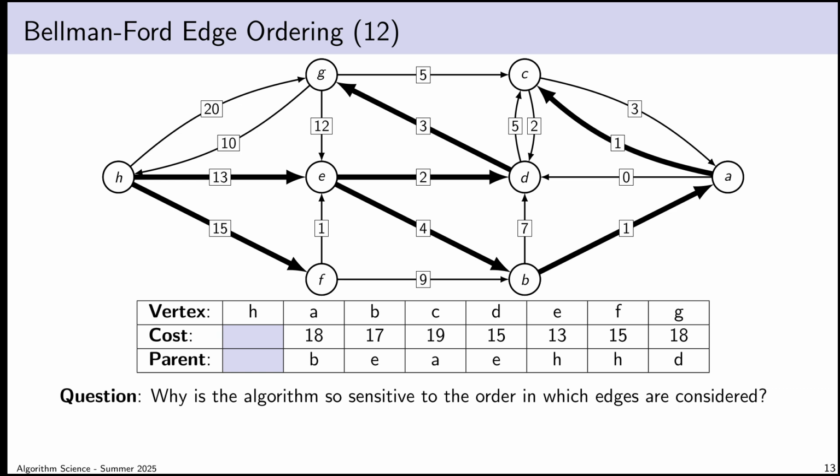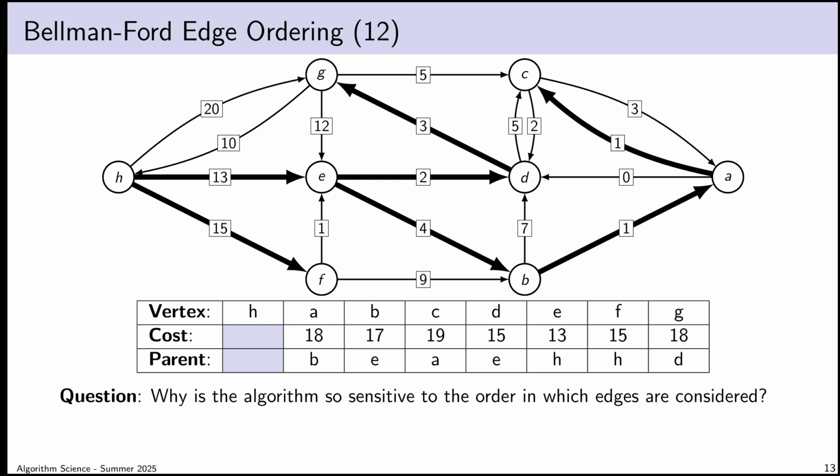Because what I want to figure out is, we know already that sometimes you have a worst case input and sometimes you have a best case input. But my argument here is that this graph is the same graph as my earlier case. How is it that relabeling vertices can take me from a really lucky case, where everything happens in 1 iteration, to a pretty unlucky case where I need 4 iterations? I'll also observe that 4 iterations isn't the most unlucky, because I have 8 vertices here. I might require 7 iterations for all I know in some cases. But still, 4 iterations is a lot more than 1.